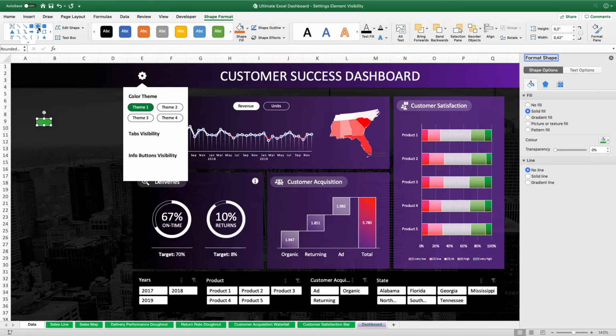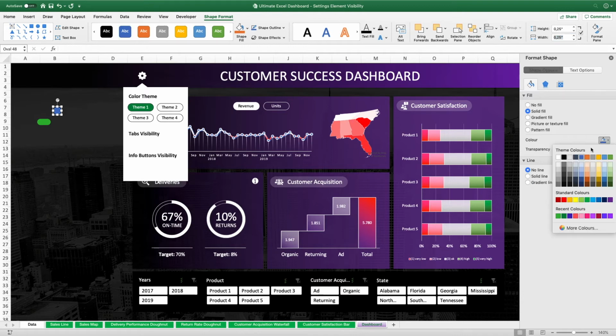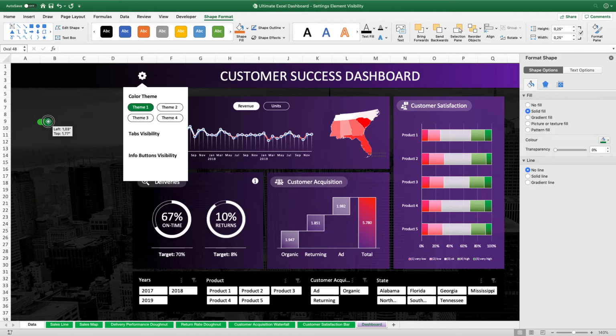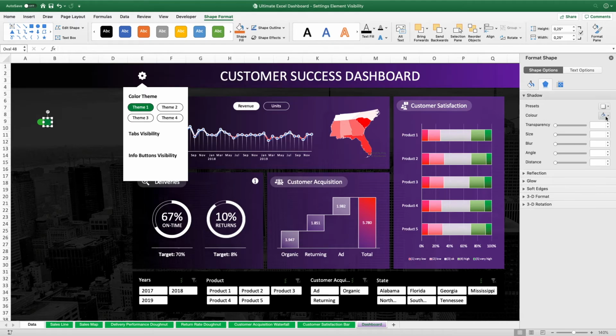And after that we insert a circle and adjust the size as well. And this circle element will be in front of the other shape, and it will have no line and a darker green as a fill. Let's position it approximately where it belongs in the active button state. And now to give it an even greater look, we're gonna emphasize the front position of this circle by adding a shadow,